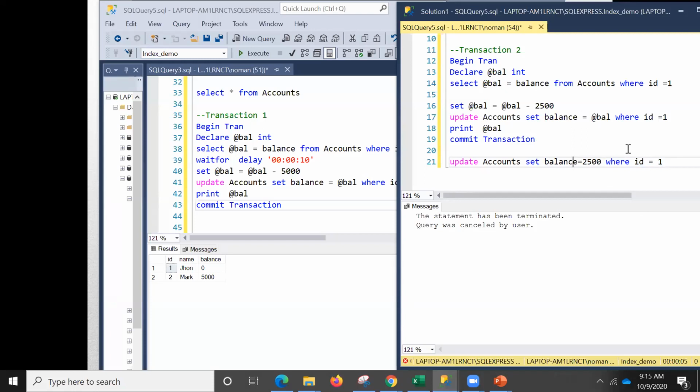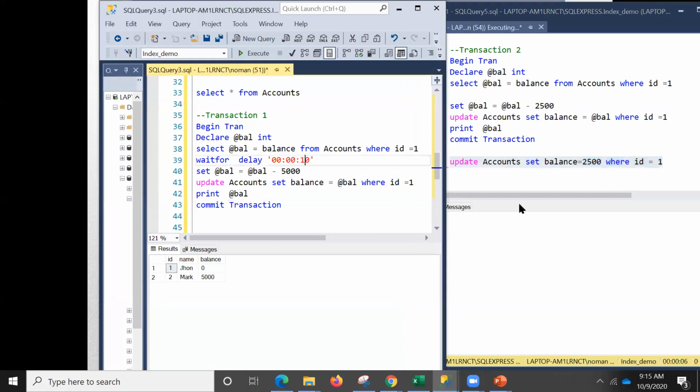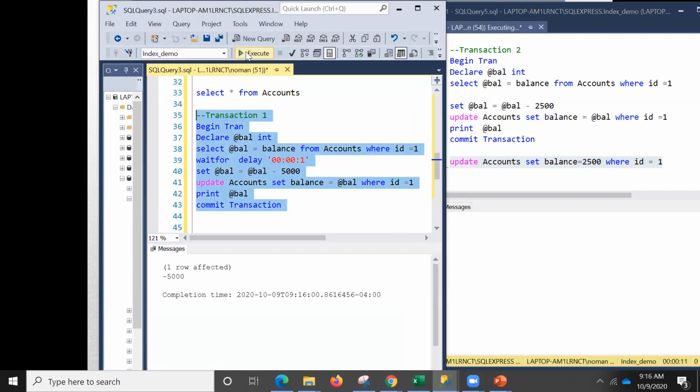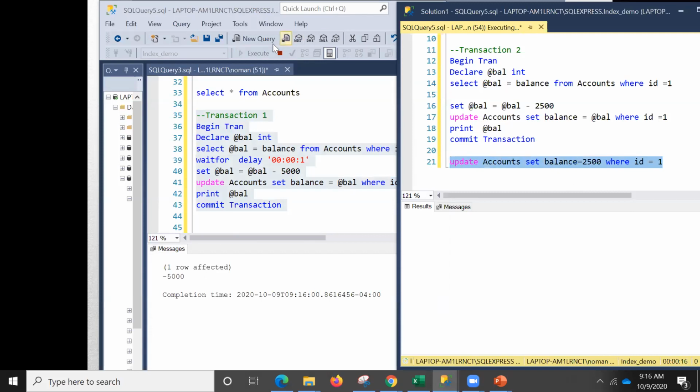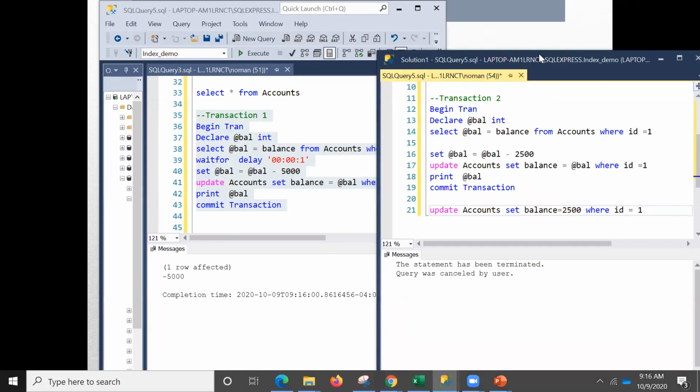That might be a problem, but here we are not even able to run a simple update, and this is specifically 10 seconds, not more than that. Let me just delete that and maybe do it for 1 second. Let's try that out. Okay, this is done. It's minus 5,000, of course. It is done, so now you should run that. No, it's not working.